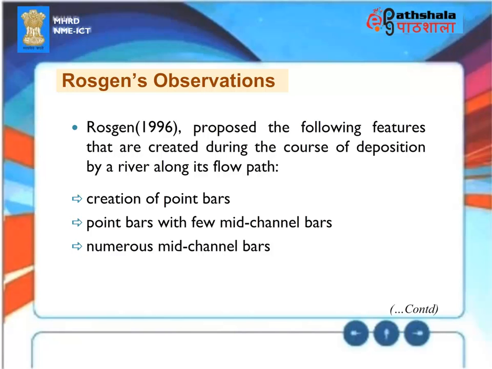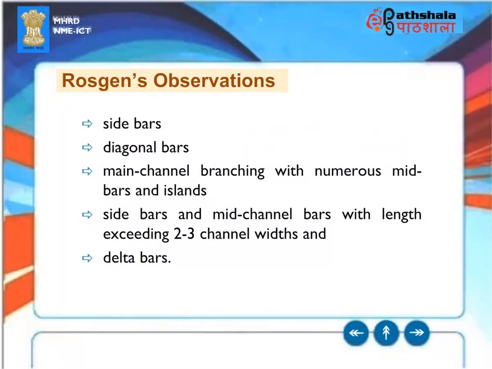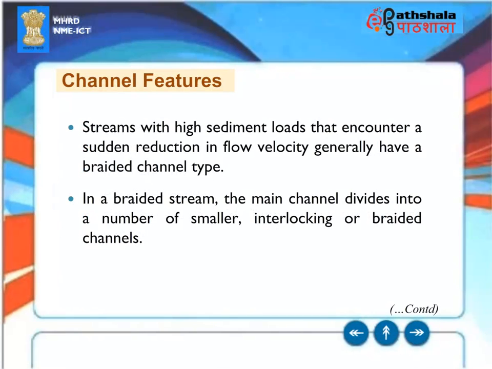Creation of point bars with few mid-channel bars, numerous mid-channel bars, side bars, diagonal bars, main channel branching with numerous mid-bars and islands, side bars and mid-channel bars with length exceeding 2 to 3 channel widths, and delta bars. Channel features. Streams with high sediment loads that encounter a sudden reduction in flow velocity generally have a